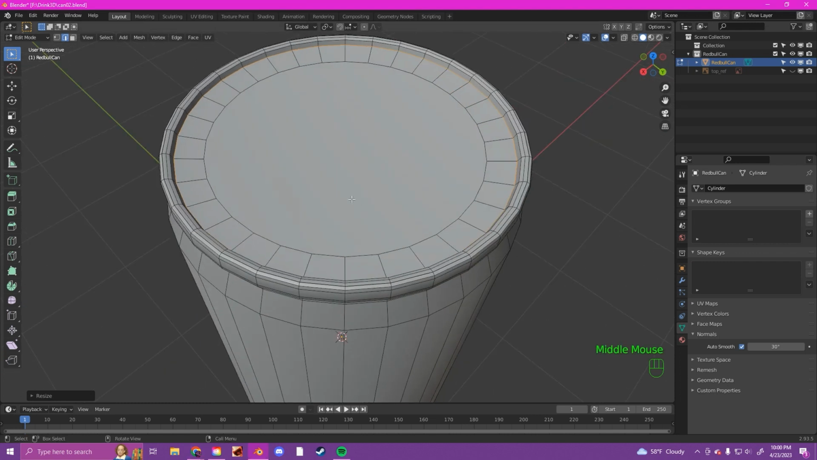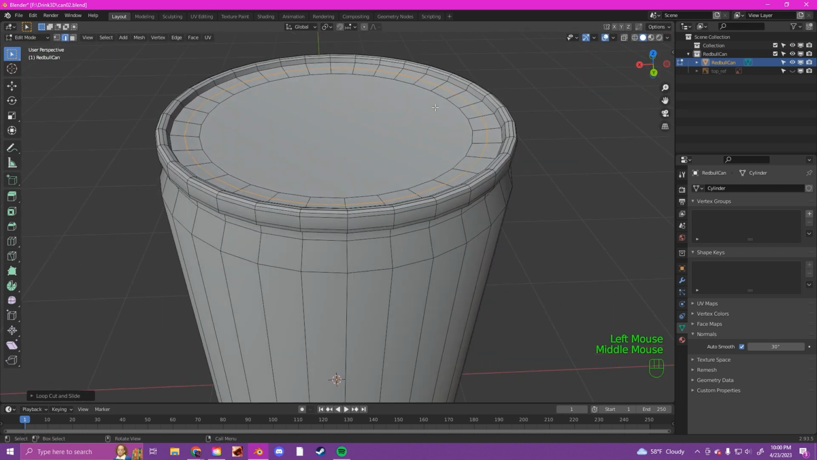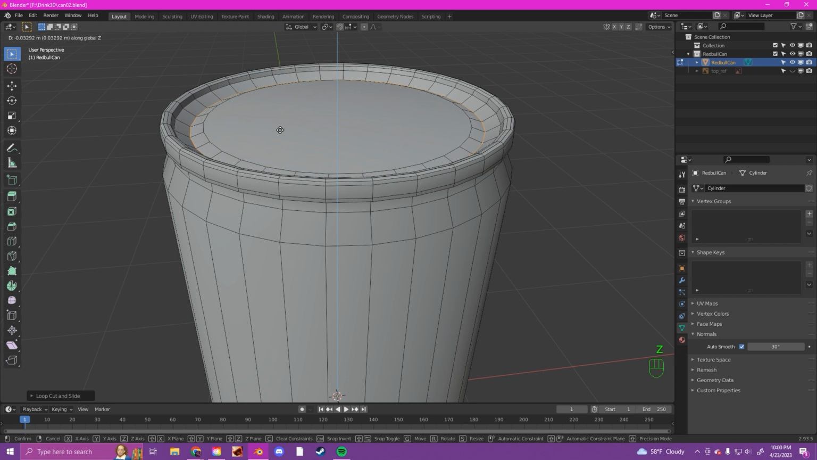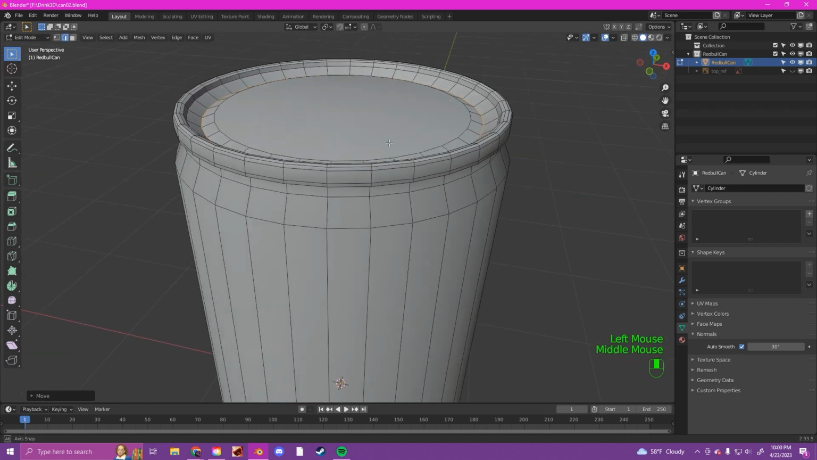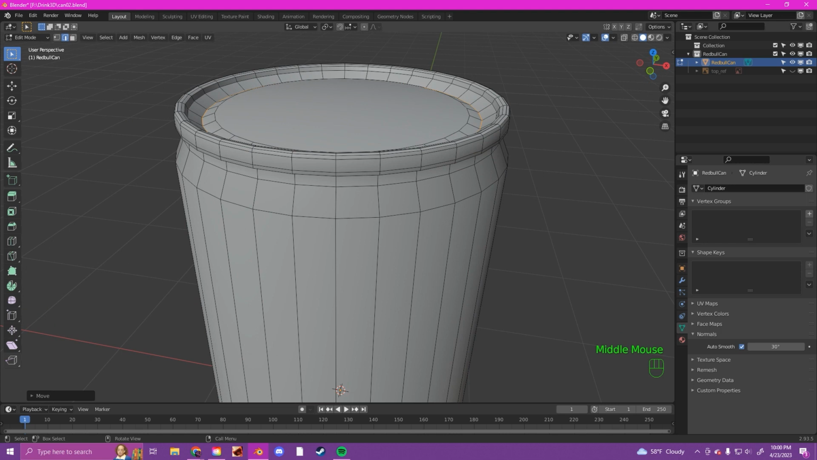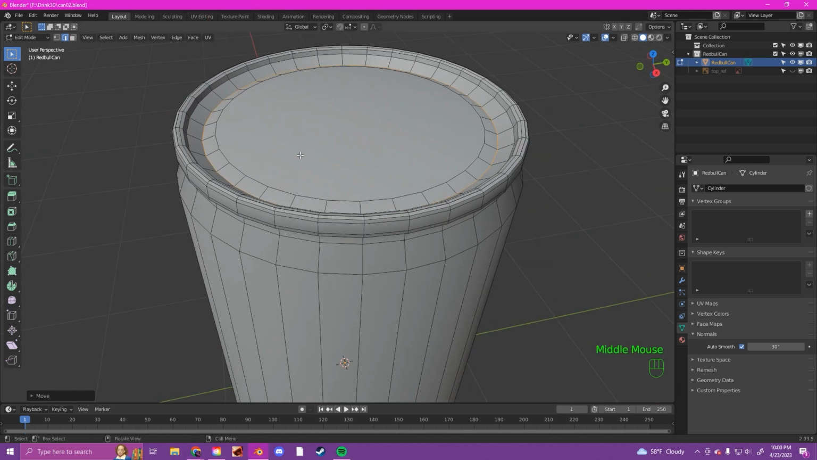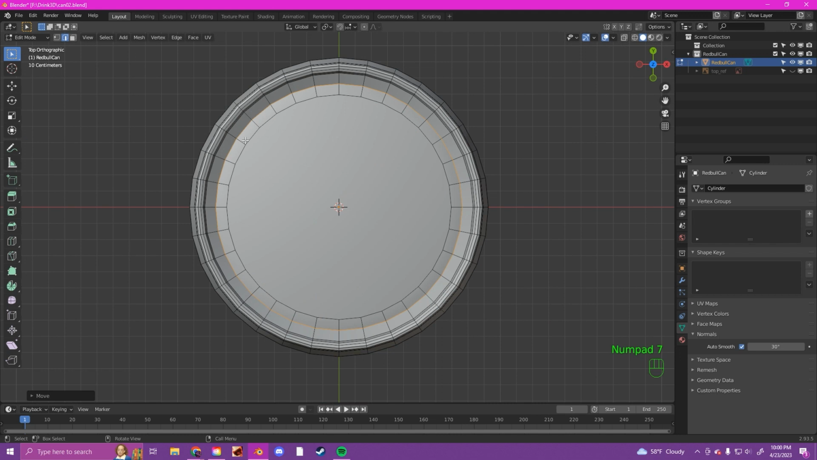Okay, so we'll add one more loop cut around here. Control R, left click twice, and this one we're going to move down slightly, so G and then Z down to about there. Okay. Alright, once that's done, we're going to go back into top view, face select,